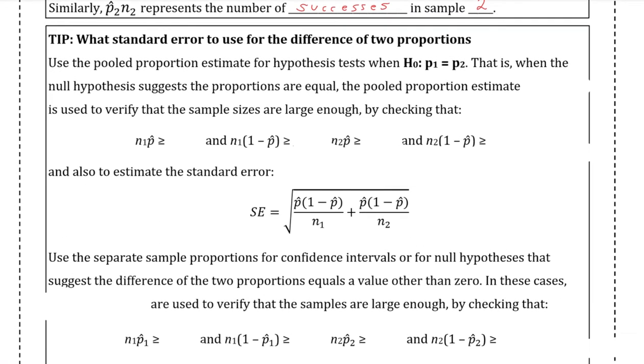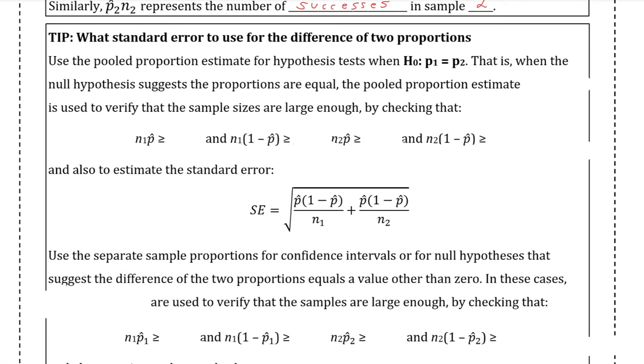What standard error to use for a difference of two proportions? We're going to use a pooled proportion estimate, as we were talking about, for our hypothesis test when h sub 0 is that p sub 1 equals p sub 2, so the null hypothesis is that they're equal. That is, when the null hypothesis suggests that the proportions are equal, the pooled proportion estimate, which is p hat,